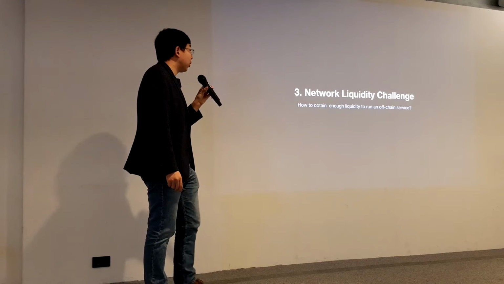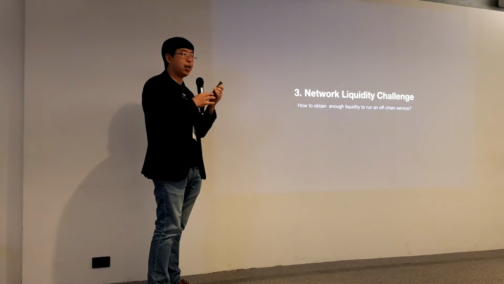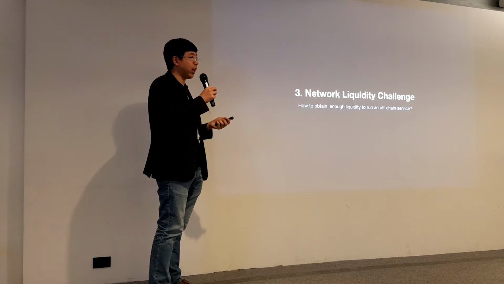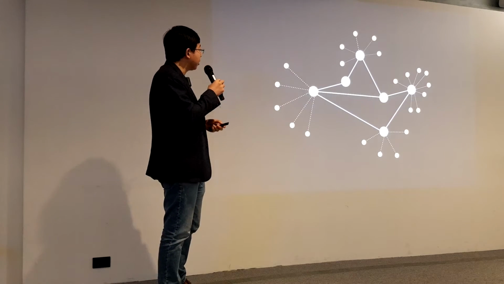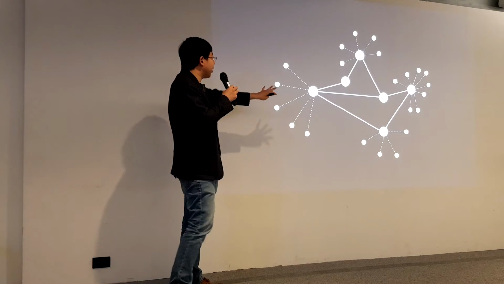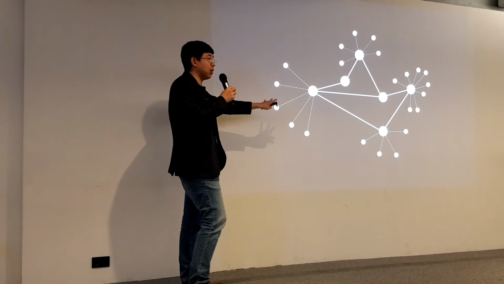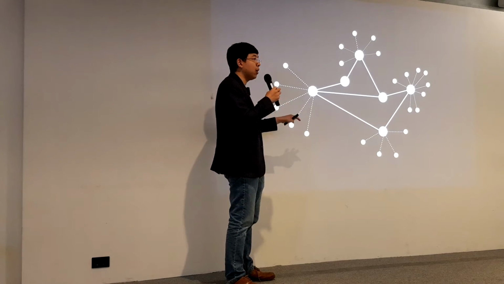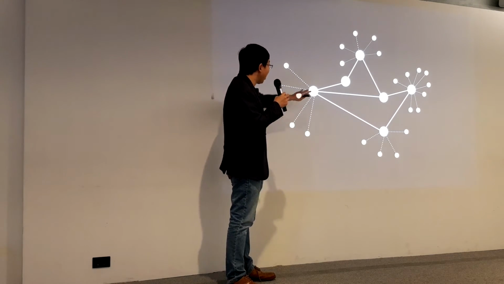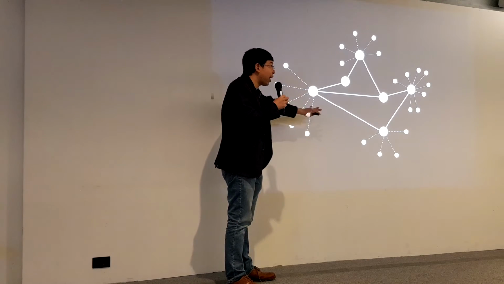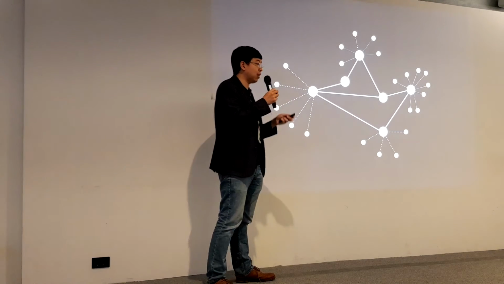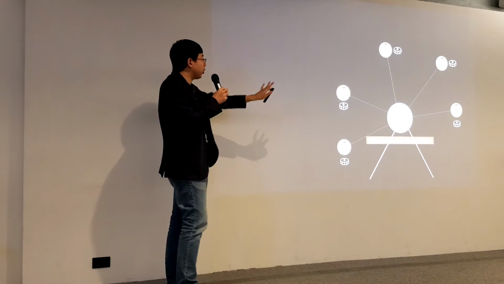Another challenge in the state channel network is network liquidity. What we envision in the future is that the state channel network is going to look like this: a multi-hub network. You have a hub that is connected to a lot of end users, and then the hubs are connected together. Now, if we zoom in and look at each of the hubs,